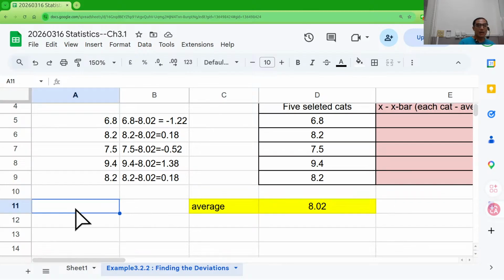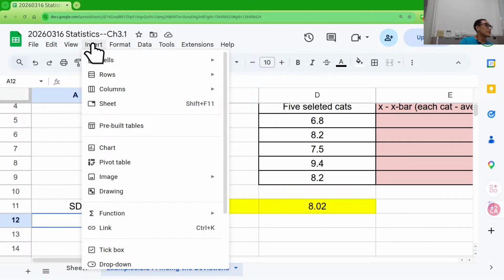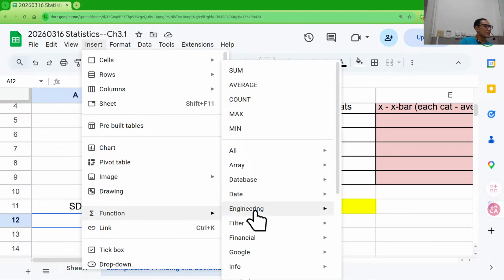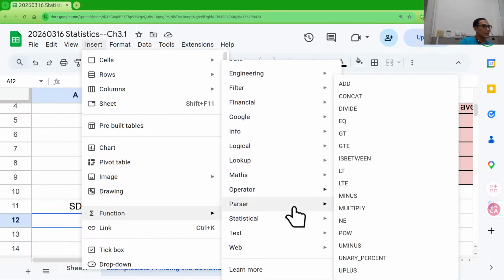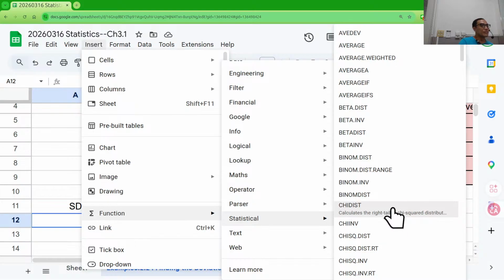If I type SD here, then I click here, then I click here, equal. Then, sorry, again, I click here, then insert function, statistical,